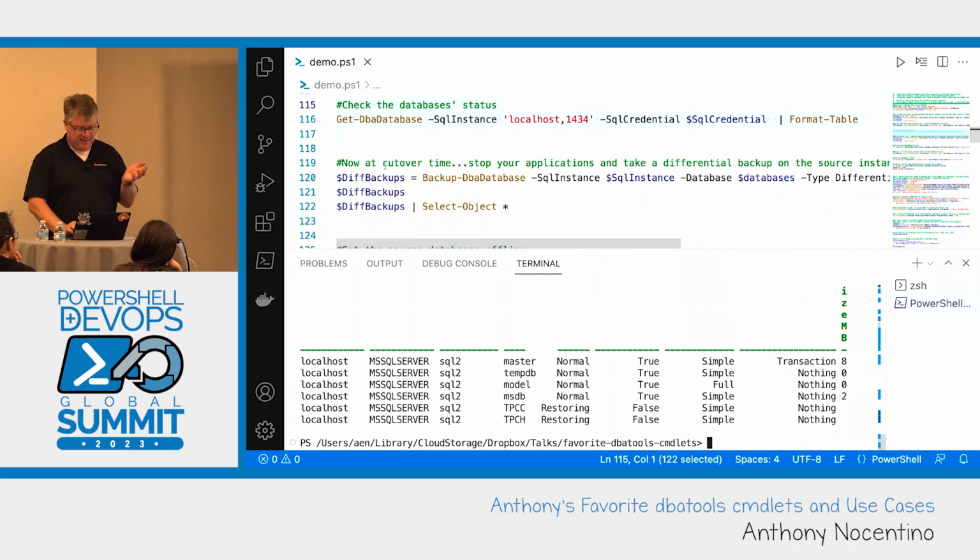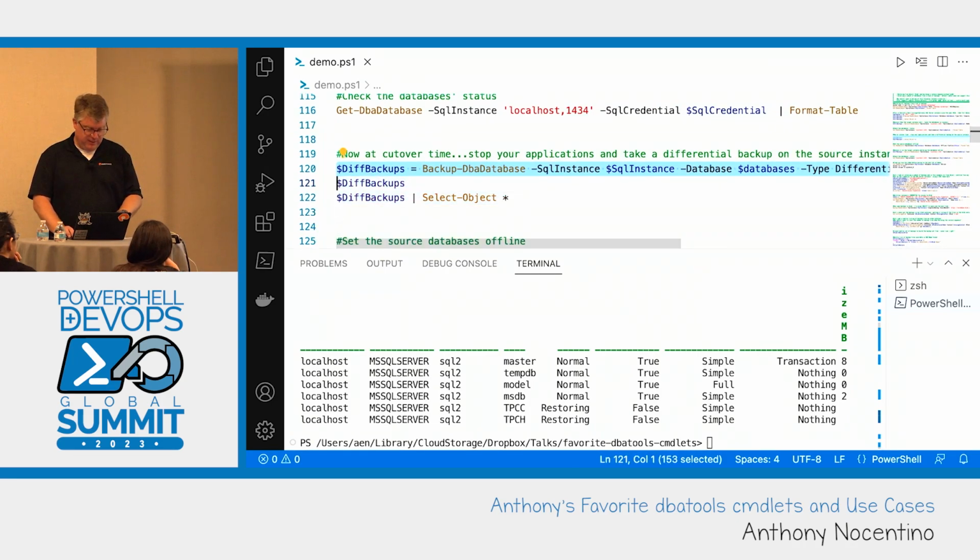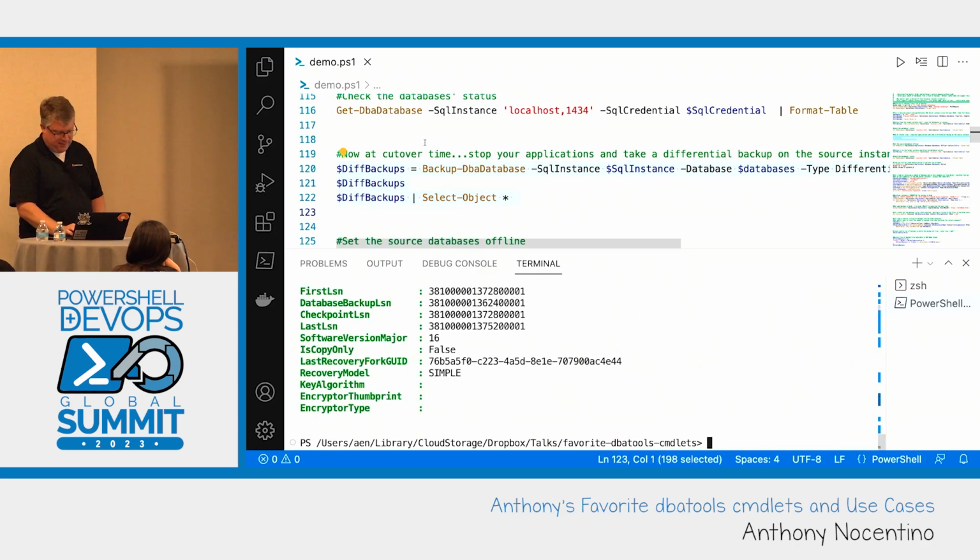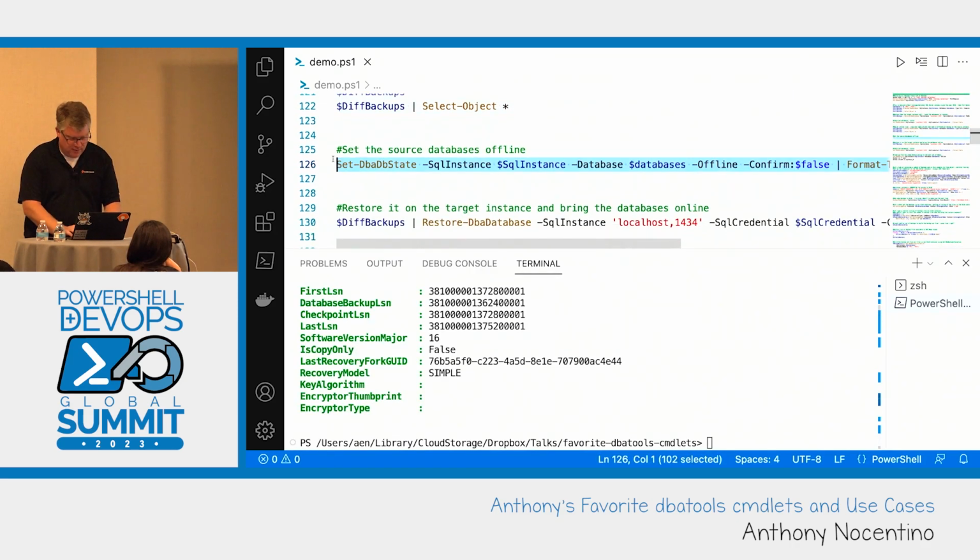So I use the same exact technique, right? So at this point in time, I talk to the application owners, maybe they stopped their workload or not, but that's another conversation. But now I can take a differential backup using the same exact technique, right? So I'm going to take that, restore that object, or restore the databases, take the output, take a backup of the databases, get that backup set in the diff backup object,